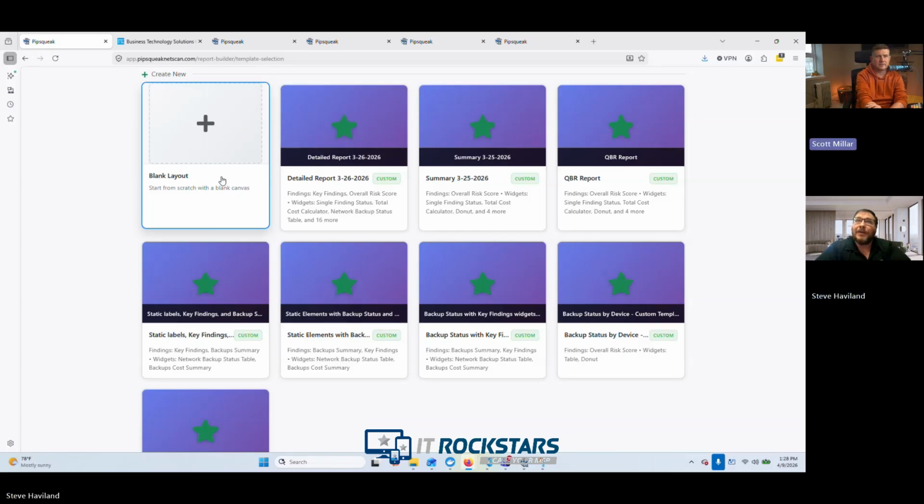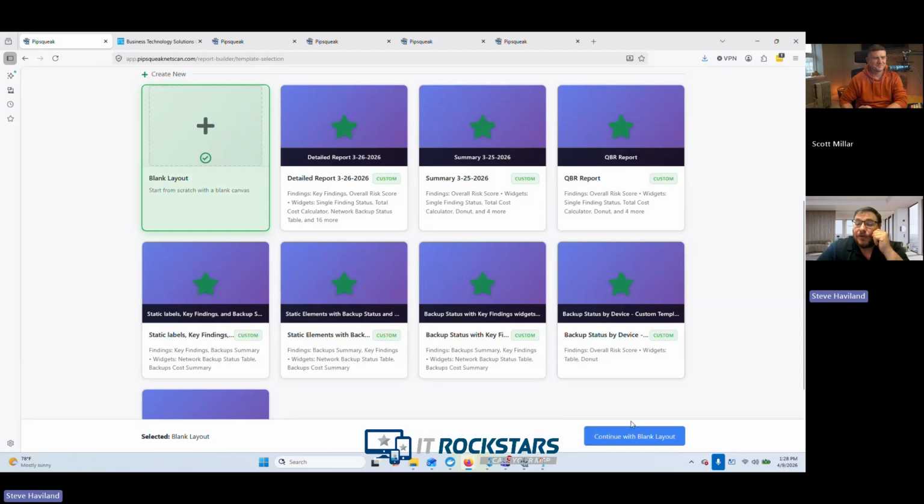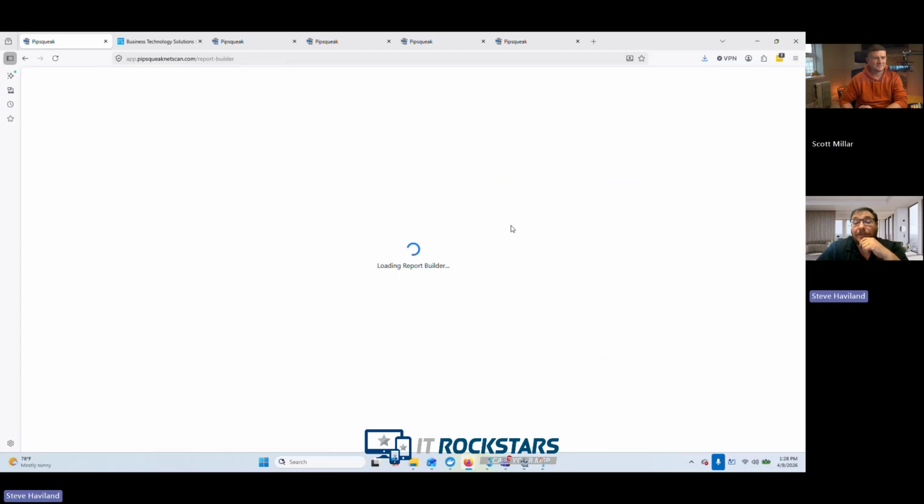Like a template. Yeah. But sometimes you as an MSP know your customer the best and you know what they care about. And they don't care about disk space. And they don't care necessarily about how many computers are protected by antivirus or not, even though they should. Okay. So the ability to create a report in a report builder,